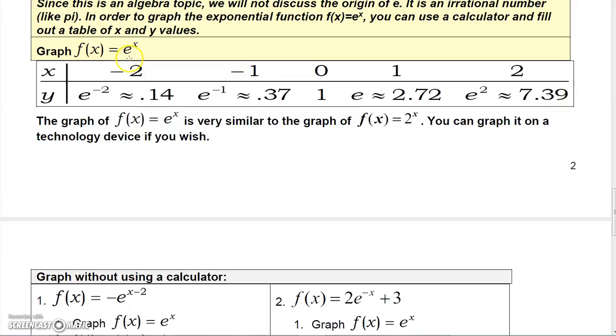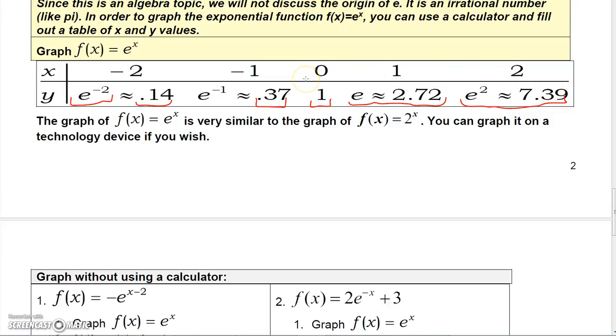And to get a more accurate value, you can just tell the calculator you want to get e to the -2, and it'll give you 0.14. And then e to the -1, which would be 1 over e, would be about 0.37. And then e to the 0 would be 1. And then e to the first would be 2.72 if you round it to 2 decimals, and then e squared rounded to two decimals would be